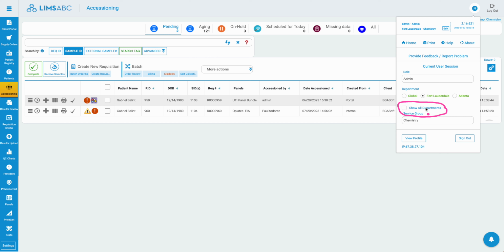So for the user in my case right here, I would be able to see requisitions from Fort Lauderdale and from Atlanta departments. Meaning that in my case here, if there was a requisition created under Atlanta, I would be able to see it in my grid here in my table, and I would be able to complete the requisition. What it means is that at the point I complete the requisition, my testing department will change from Atlanta to Fort Lauderdale,